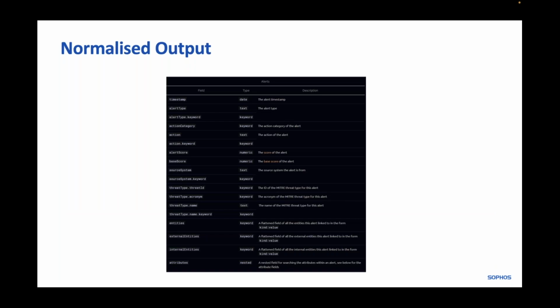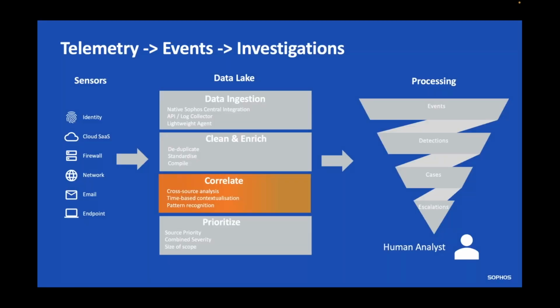So the first thing that we do inside our MDR matrix, if you will, is we normalize the output, so everything gets standardized into the same format. So when an analyst looks at it, they know exactly what we're talking about for every attribute associated with the attack. The next bit of magic comes down to correlation, because we already looked at the fact that many of these attacks have multi-stages behind them.